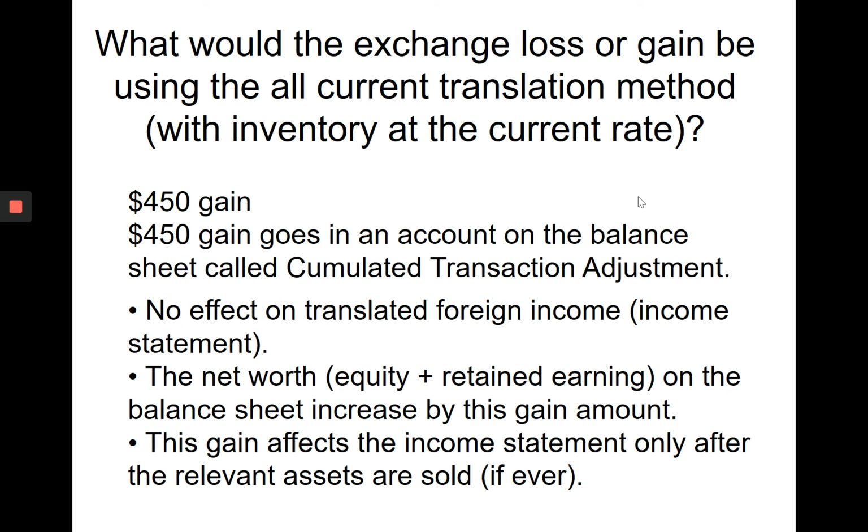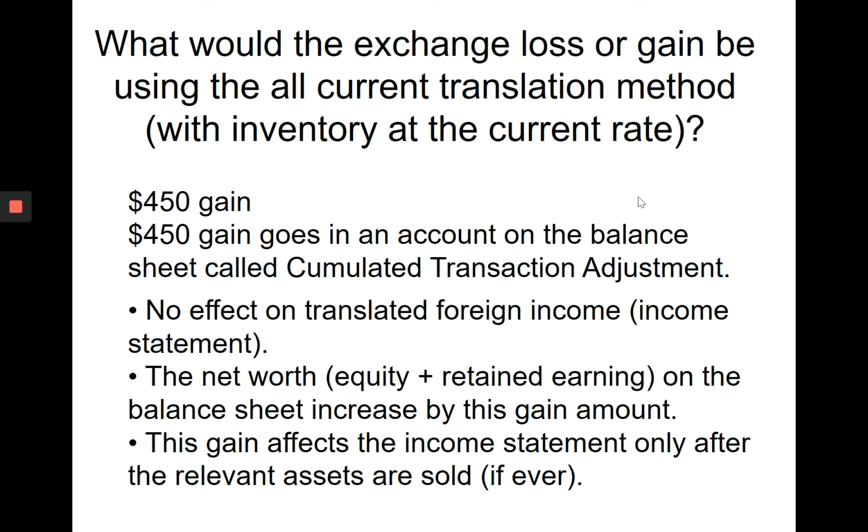Finally, what would the exchange loss or gain be using the all current translation method? This additional thing in the parentheses doesn't really matter, it's irrelevant. Sometimes you get an irrelevant thing in the exam just to test if you're paying attention. It says with inventory at the current rate. With the current rate, everything is at the current rate except for owner's equity. We did the calculation, and with the current method, the American method, we get a $450